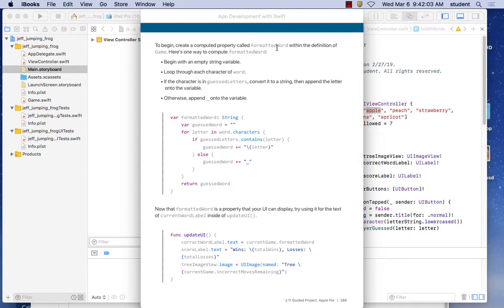to begin, create a computed property called formatted word within the definition of game. There's one way to compute formatted word. So again, one of the problems is how do I make the label look like it should be